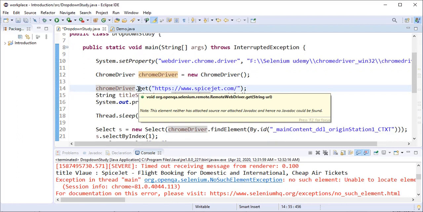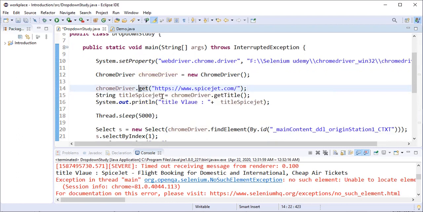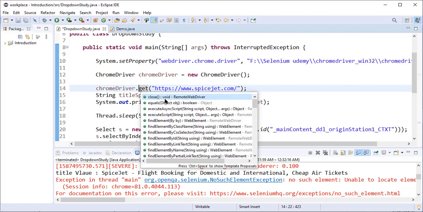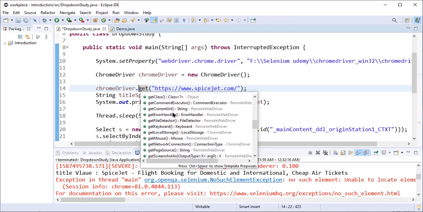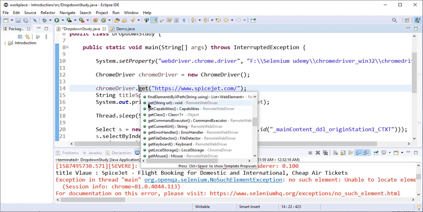Suppose you need to say what the return type of the get method is. Just press Ctrl and space, and we will see all the methods supported by Chrome driver. When we navigate, we can see there is a get method, and it accepts a parameter as a string. This is the URL, and the return type is shown after the colon. It is returning void. Void means it is returning nothing.